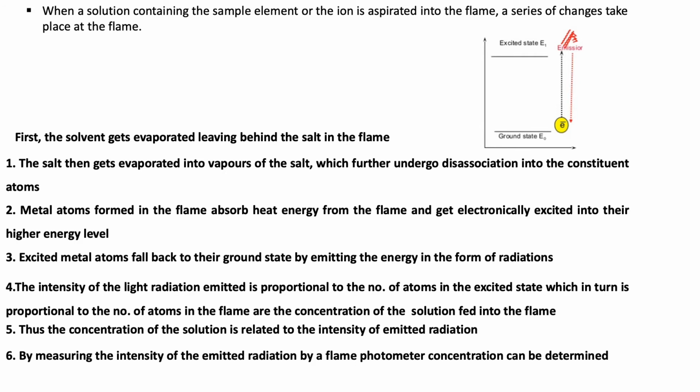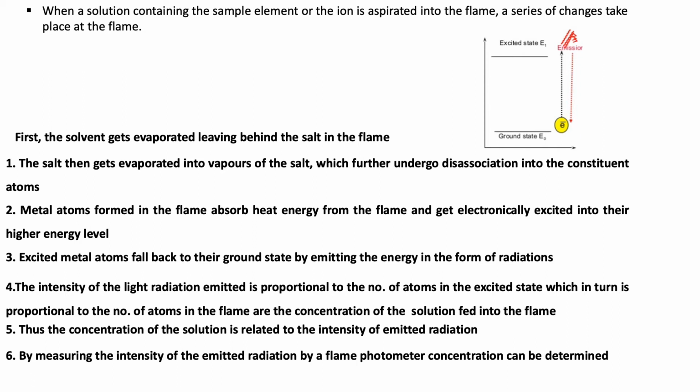As I told you, for these transitions to occur, we have to burn, we have to supply heat energy. How are we going to supply heat energy in flame photometry? We are going to burn our compound in a flame. We are going to introduce our element or atoms, our ions, into the flame. In the flame, many things are happening. After these things, the elements or atoms are going to emit the corresponding radiation.